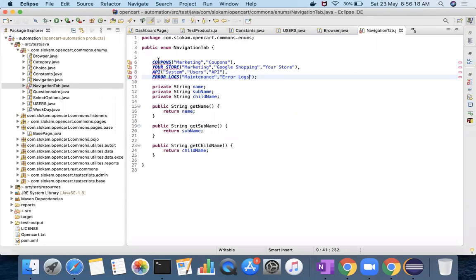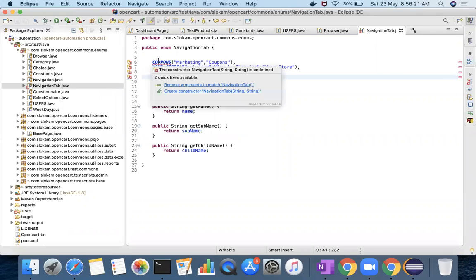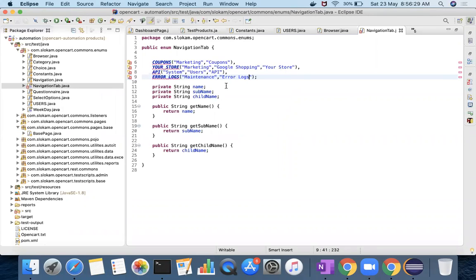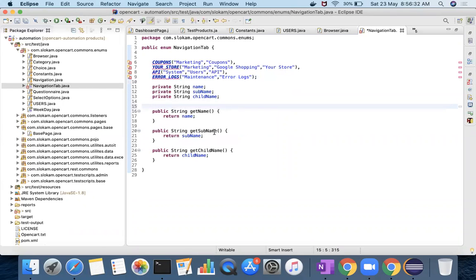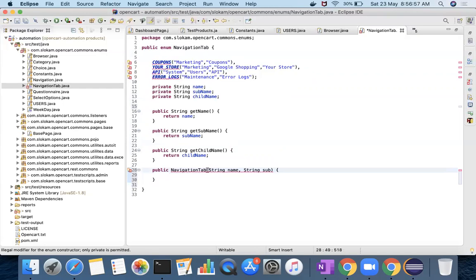And now you see this enum has a zero argument constructor. It cannot take more than zero arguments unless you define the constructor. So how do you define a constructor? You define a constructor like this. Public navigation tab. This navigation tab has two things, right? String name, string subname.